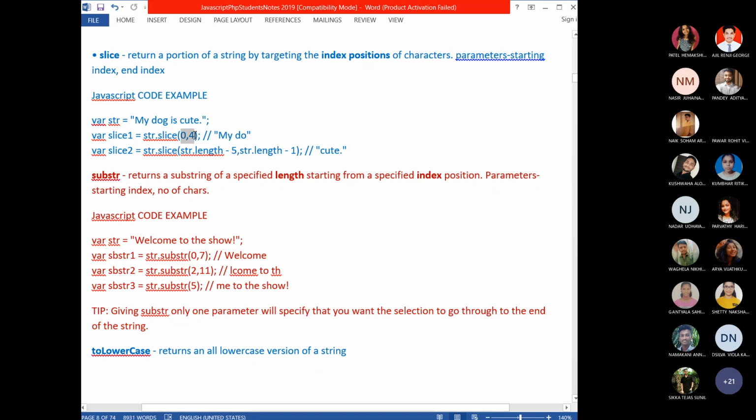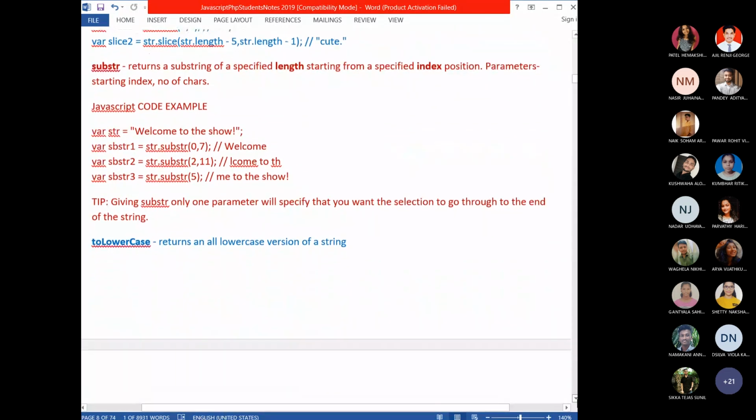Okay. So when we are saying index, here the second parameter is also index. So str dot length is what? 15. 15 minus 1 is 14. So 14 is the index because that is the second parameter. If it is index, which character has 14 as index here? This dot. Dot is having index value 14. So dot should also come. Okay. This you can execute and see even during practical also.